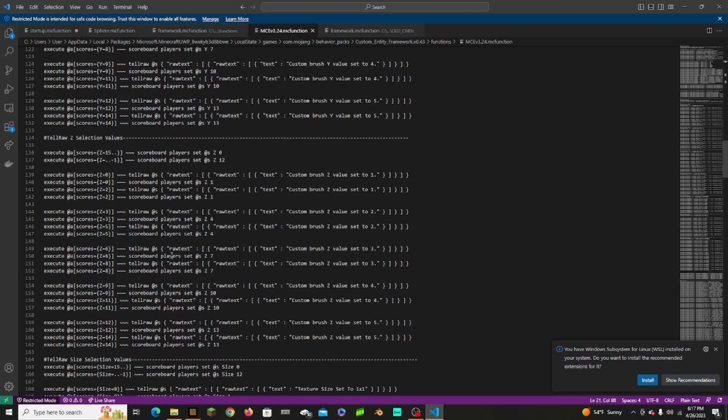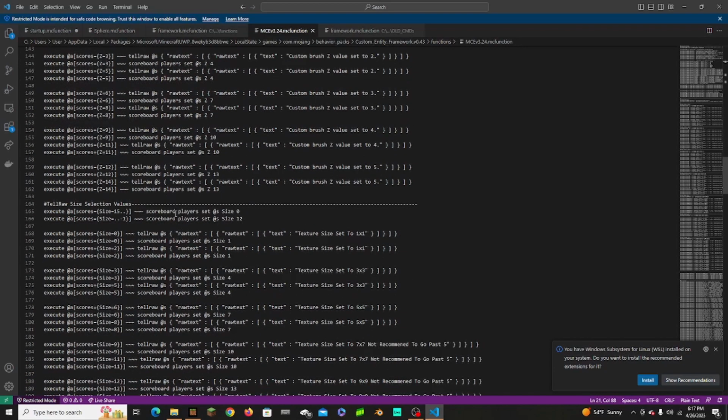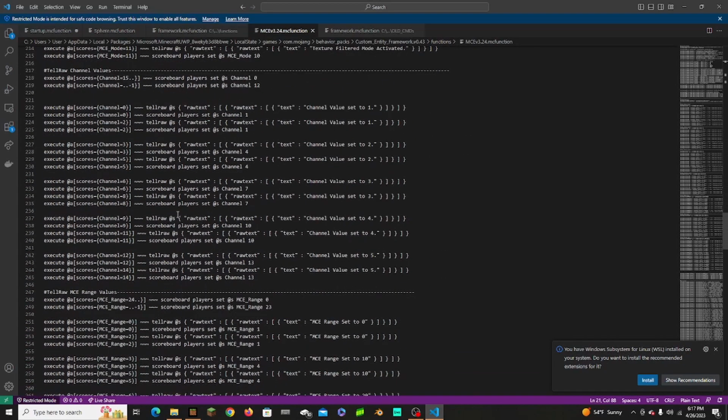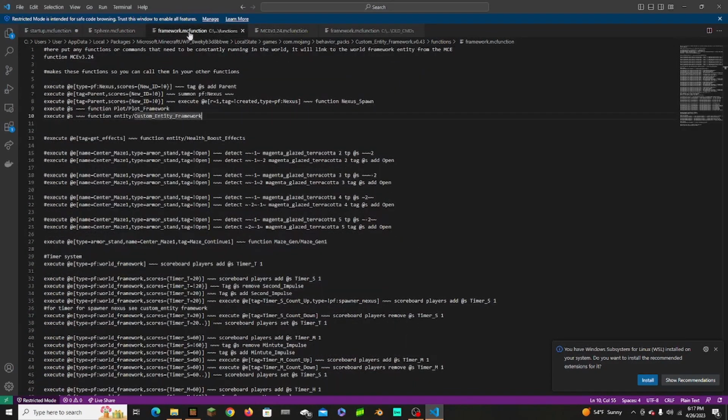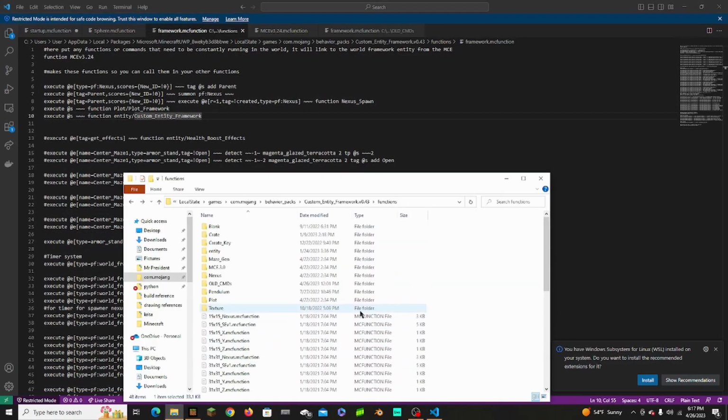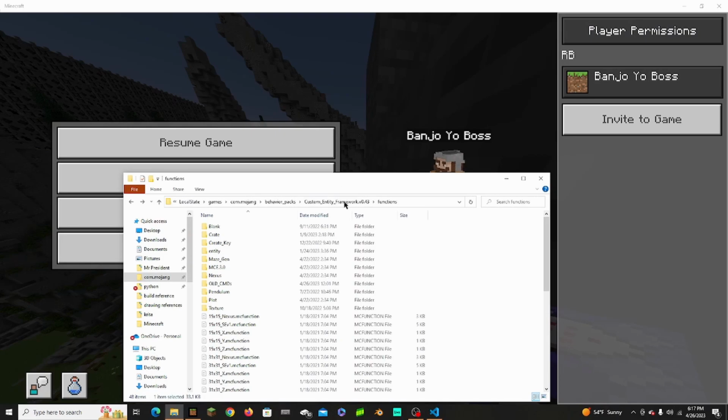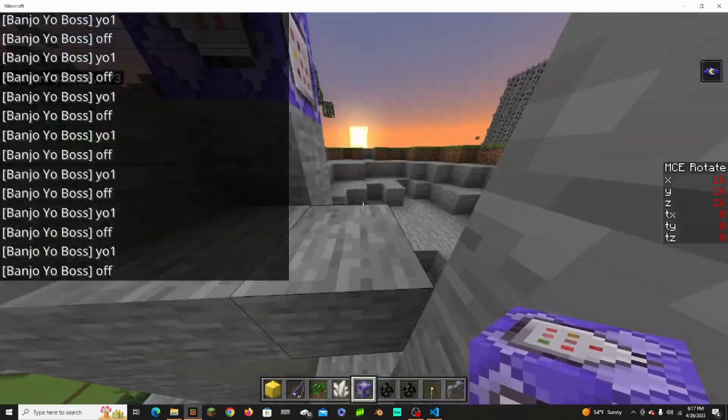These are the different modes you can switch using buttons that I came up with. Lots of functions, lots of commands. All in all, there are, if I go to, yeah, I won't get too distracted here, but as you can see, lots of commands. You can do lots of things. Let's look at